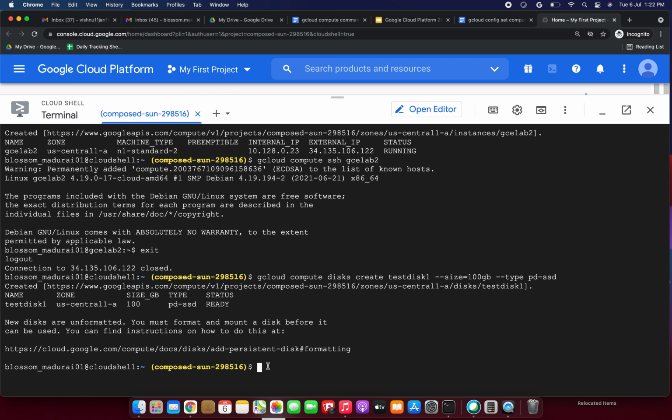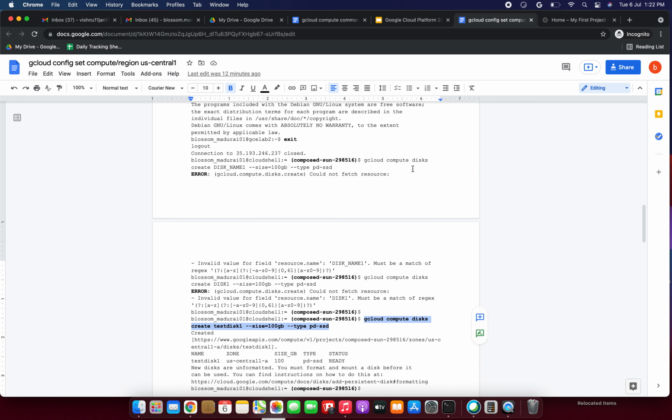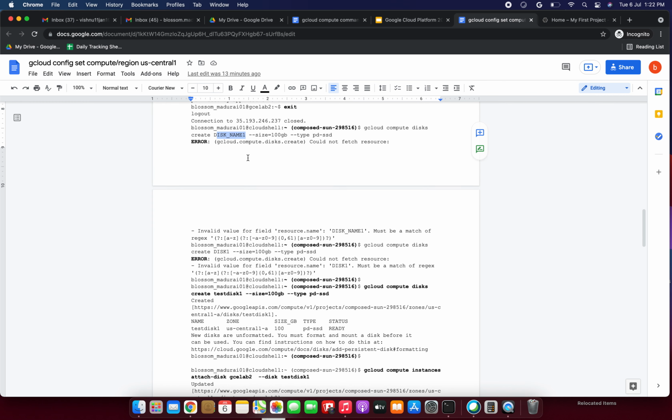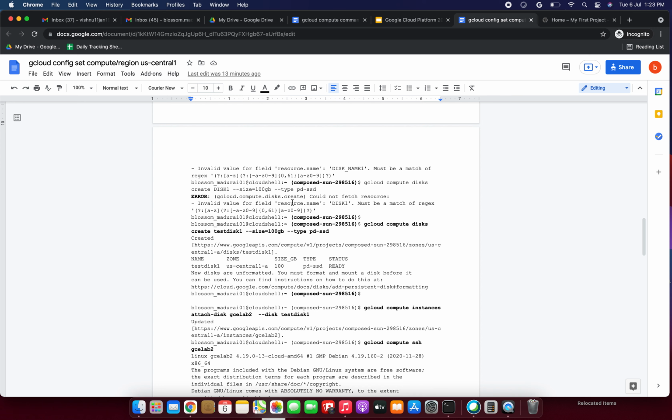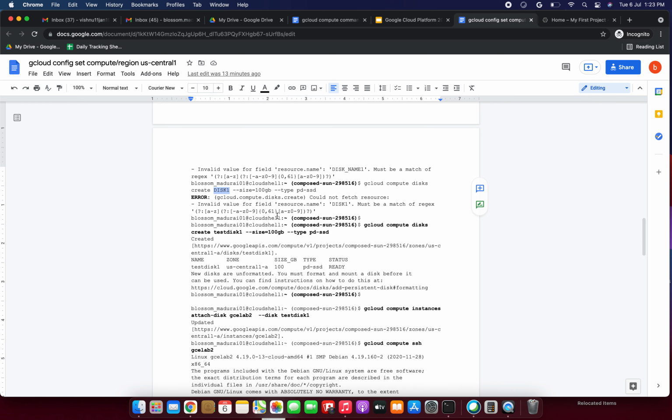New disks are unformatted, so we have to format and mount a disk before it can be used. I have noticed one thing here, friends. If I give the disk name like disk_name_1, in caps, we will get an error. I got an error in the previous lab as well. Also, in gcloud compute, if I give disk 1 like this, it will also throw an error.